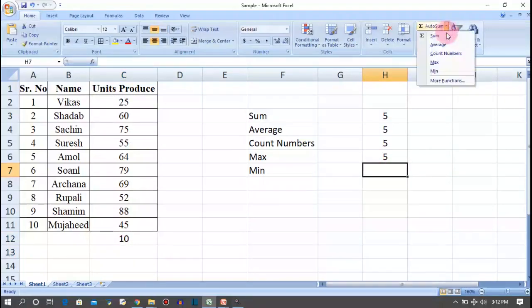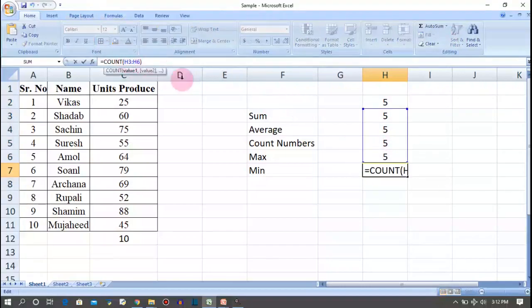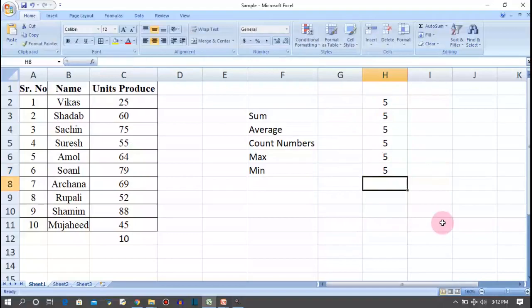Same here. Here also count numbers, enter. 4 numbers we are selecting, so that's why 4. If I choose the 5 numbers, then nothing happened to this particular formula. Why? Because in this formula, if you see that the range which this formula has selected appears in the blue mark or the blue box. So you just need to put it over here and check it. Now the 5 numbers are present because we select the 5 cells for calculations, means the count of cells, how many cells you have selected for your calculations.